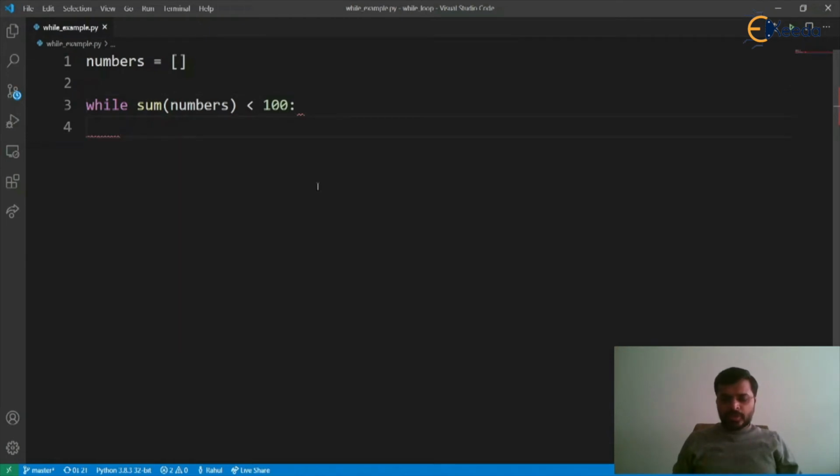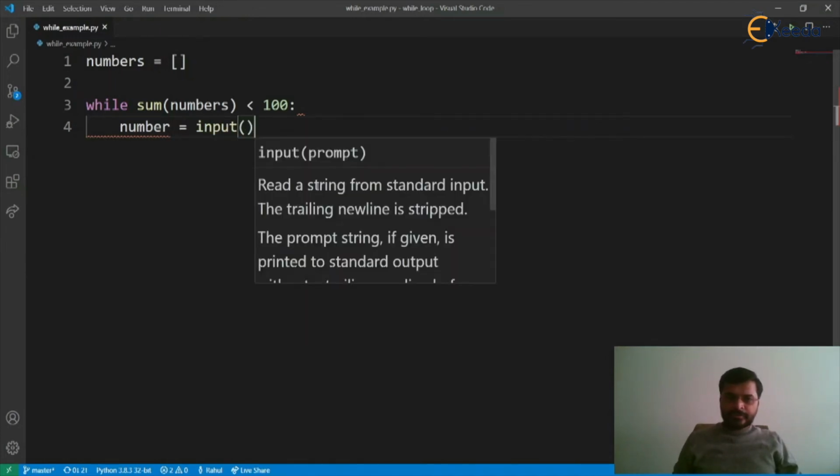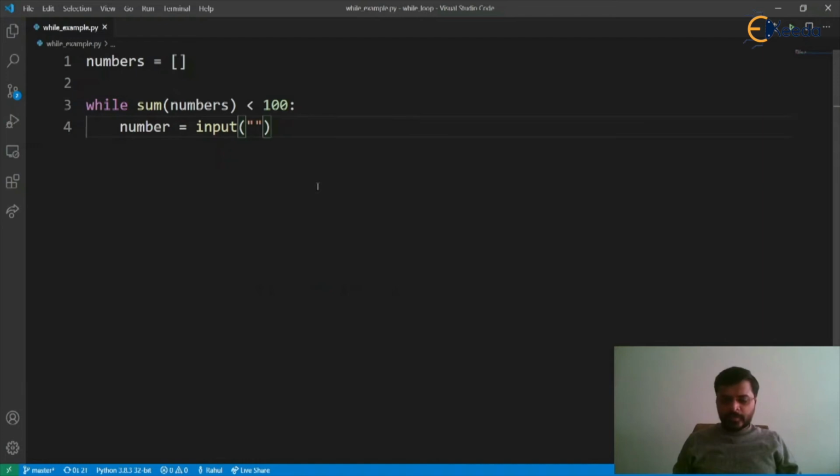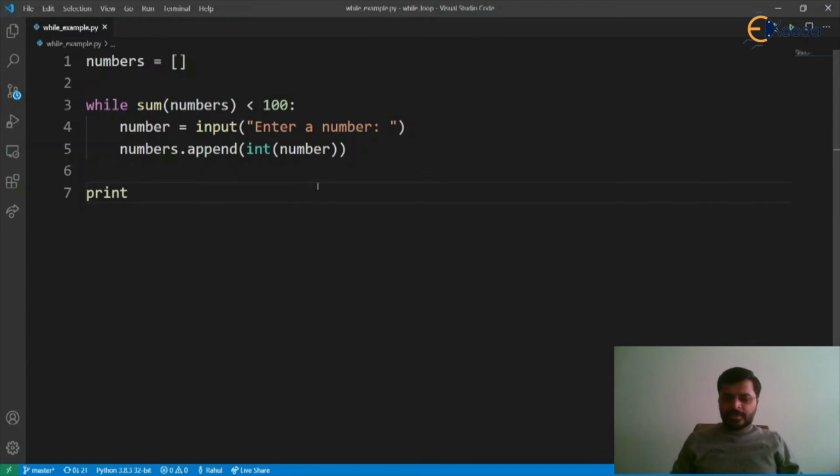We want the user to enter a number equal to input, enter a number, then we are going to append this number into the numbers list. Numbers dot append. Now let's make it an integer. Number. Print